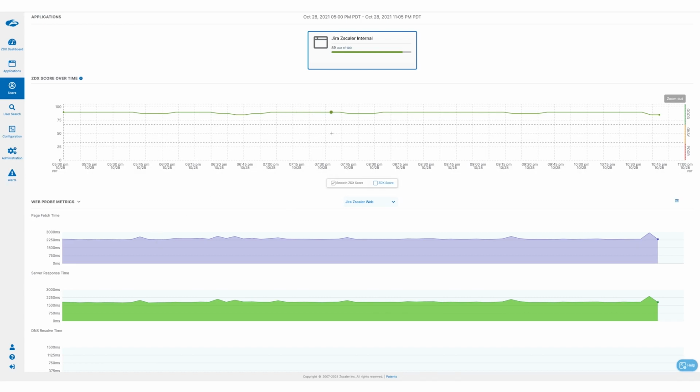So why is this score good? Remember, we baseline by location and we compare to the users. So we're trying to learn what is the normal here. And the normal here is this is the speed that most of the guys in the UK are getting. So that defines the score. But it's pretty high. Why?